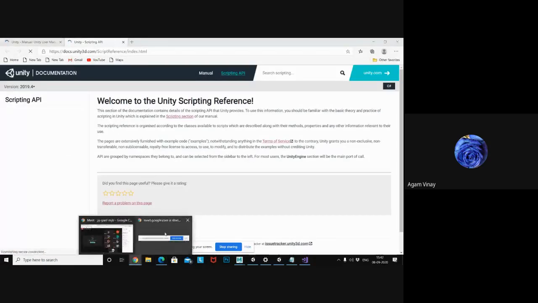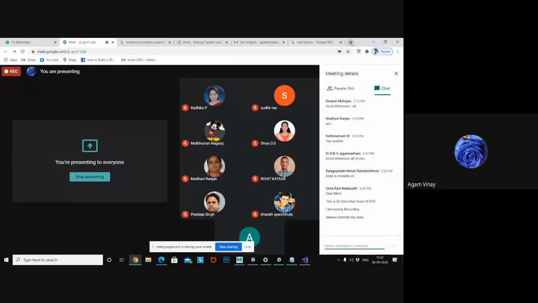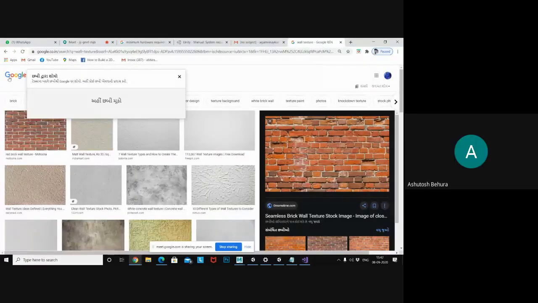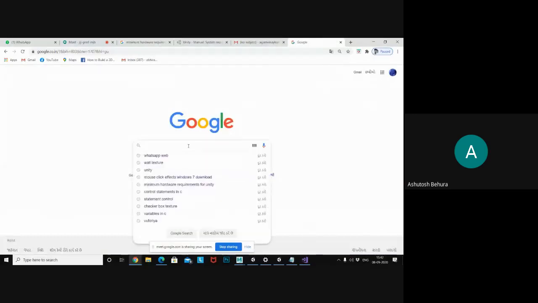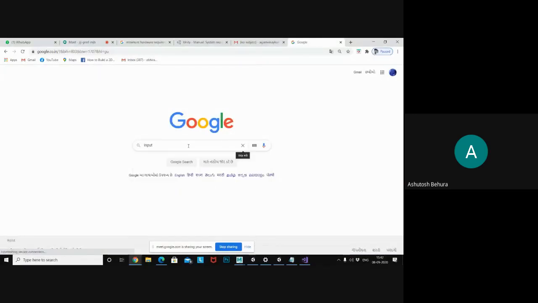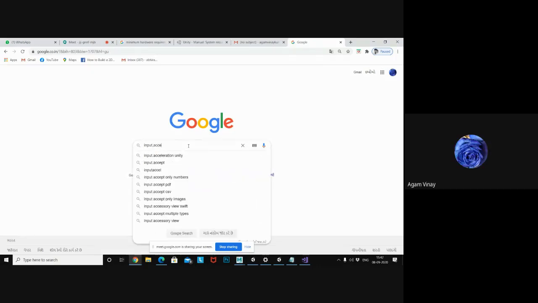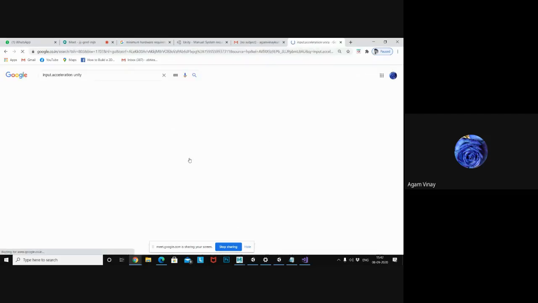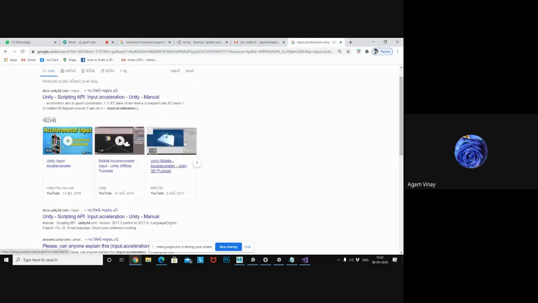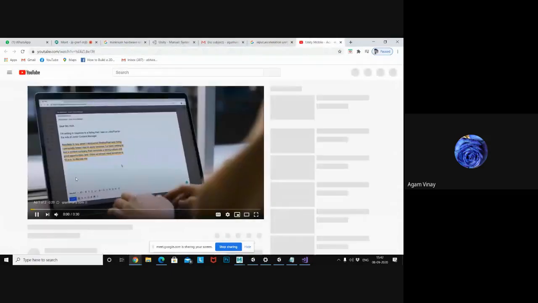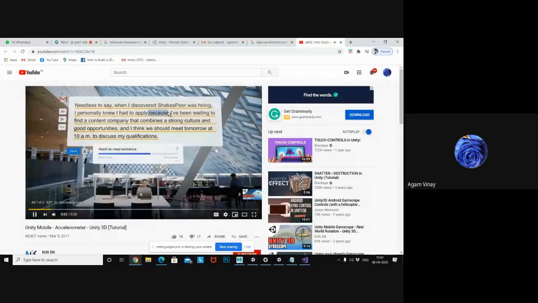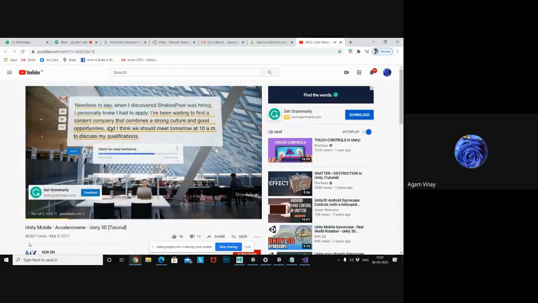Or if you have any doubts, I will explain to you. Let's say we want to integrate it to any HoloLens or some VR glasses. How to integrate? Yeah, wait a minute. So here is the concept, if you are asking about mobile left, right, like accelerometer we can say.